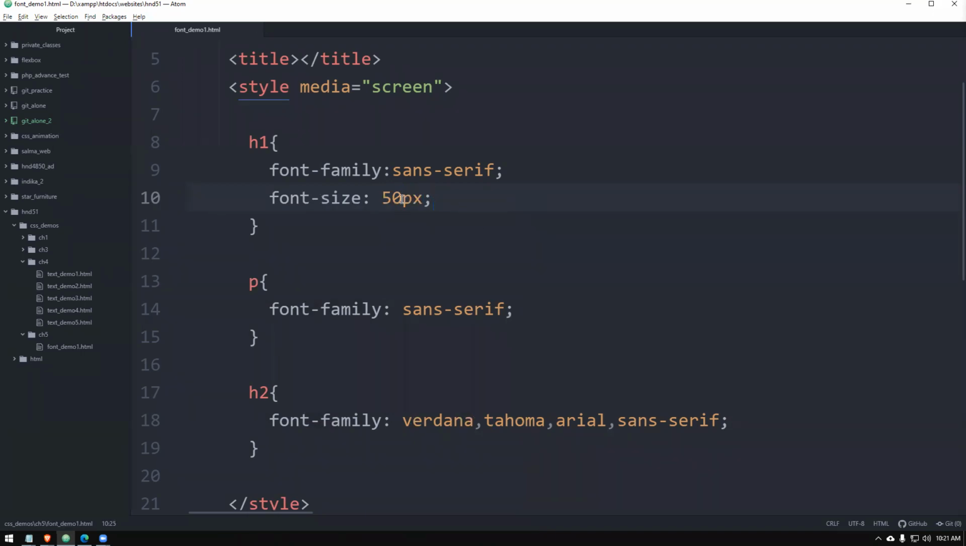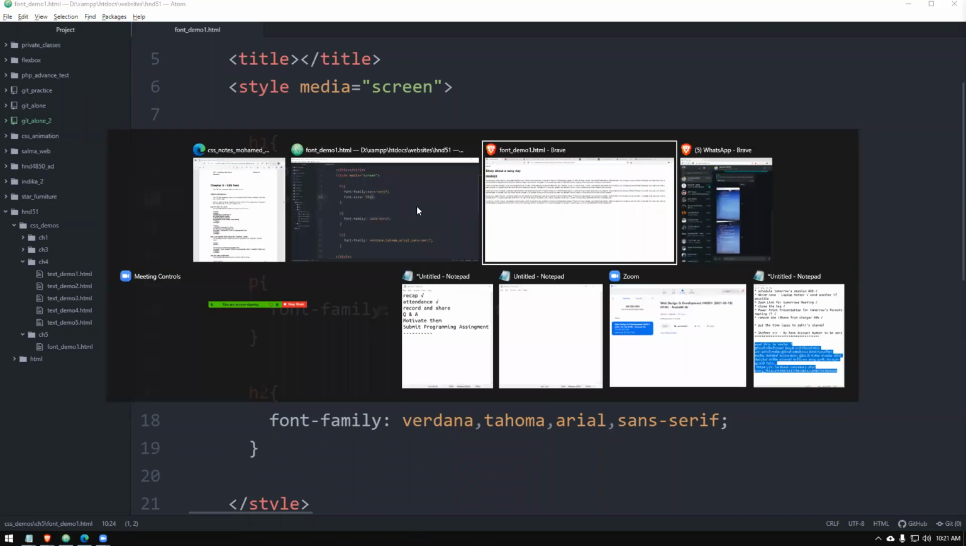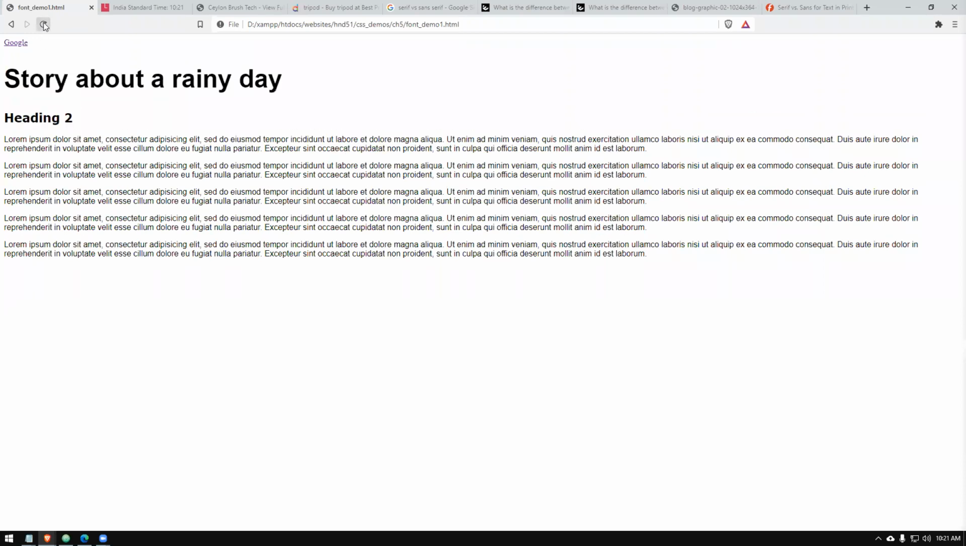Px is a measurement unit. Pixel is the one we usually use to measure things on computer screens, resolutions and all. We measure it using pixels. So that is why I'm using 50 pixels. So when I refresh this,